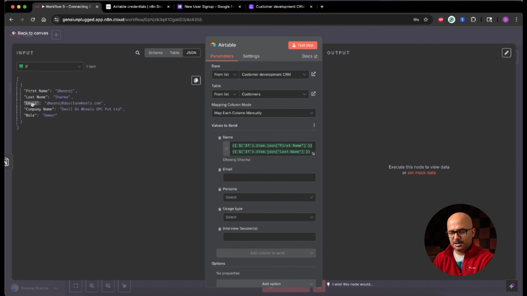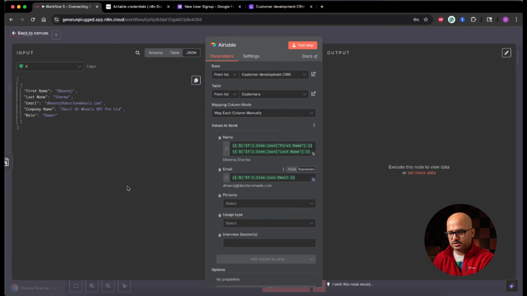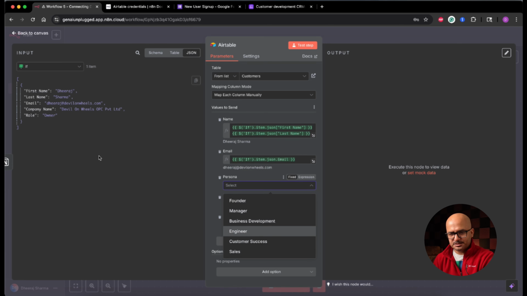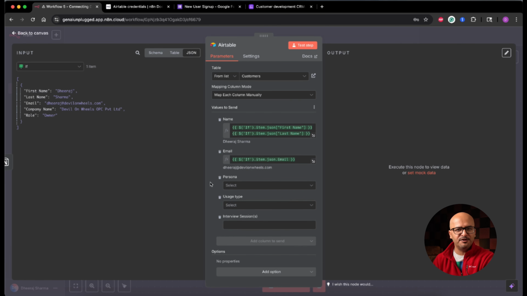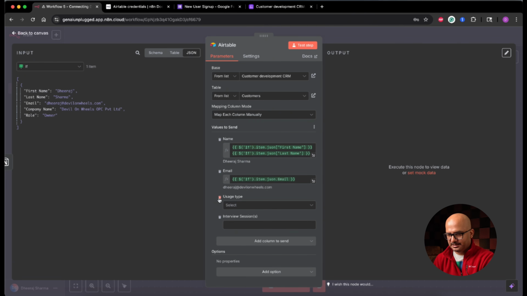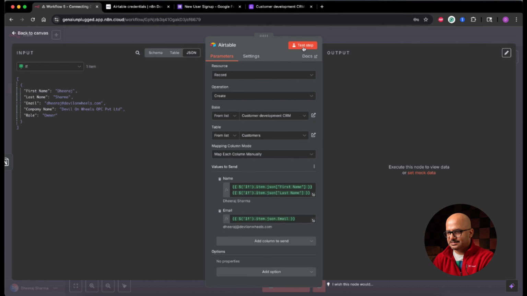What we want is an email as well. I'm going to just drag the email too. So the personas are mapped to this, but we are getting owner. So what you have to do is you have to basically configure your Google form so that you are only accepting the personas that the CRM is expecting. But we did not do that. It is a free text. So if I'm going to add a role over here or drag the role over here, it is going to give us an error. So I'm going to leave this field empty, maybe just delete these two and even this one. So let's test this out.